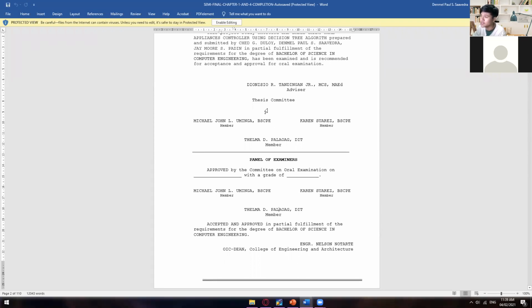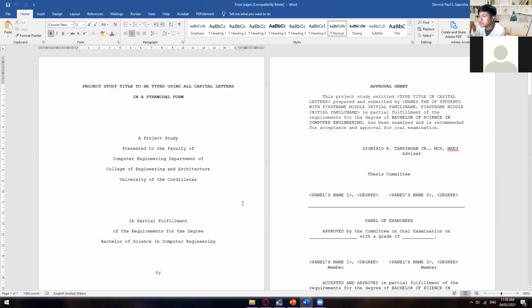This is where they're going to sign once you have already finished your defense. And then this is where they're going to sign again once they have already given your final grade. And then the date when it was approved by those 3 members of the committee. And take note in here,